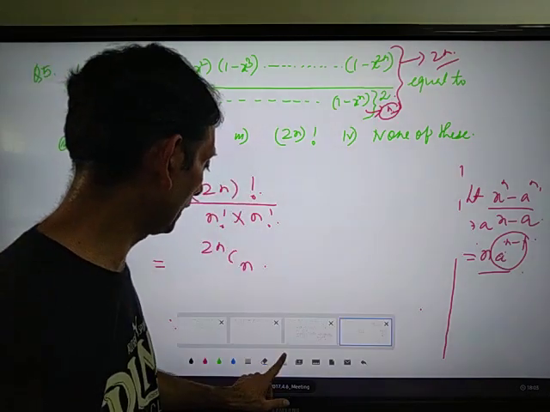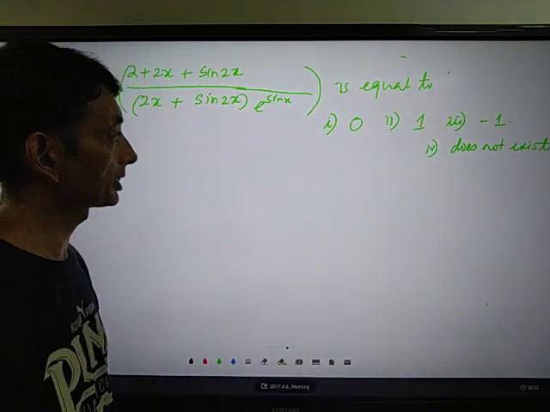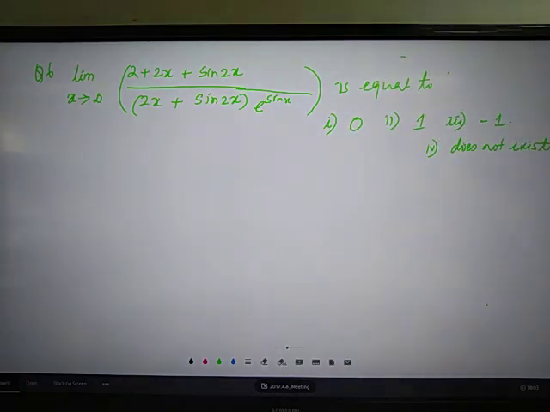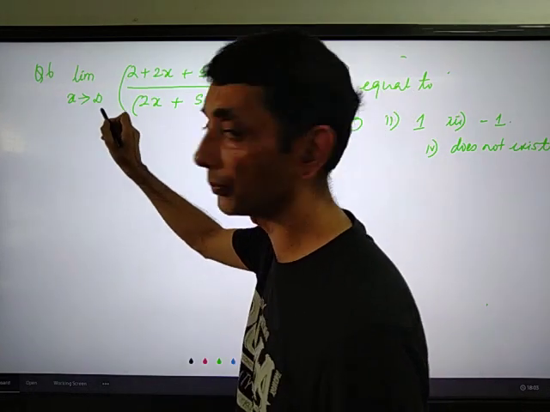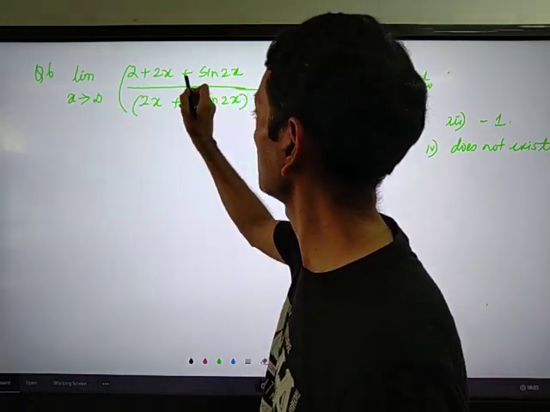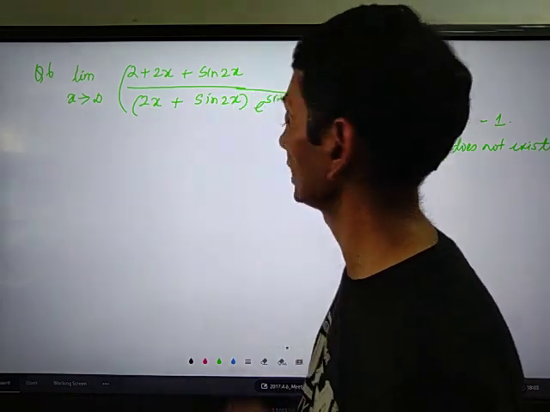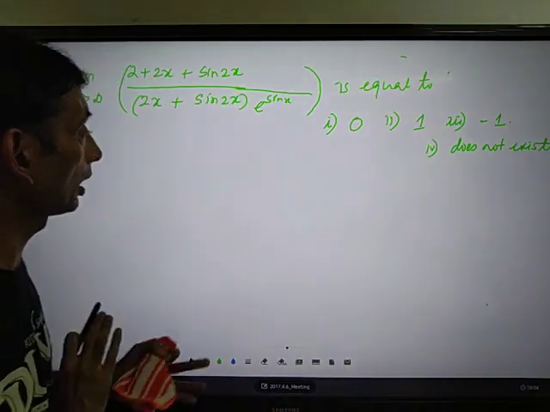Okay, next. This will be question number 6. Before we start these questions, let's see this expression: limit x tends to infinity, 2 plus twice x plus sine twice x divided by twice x plus sine twice x, into e to the power sine x. So how to solve these questions? Before I solve these questions,